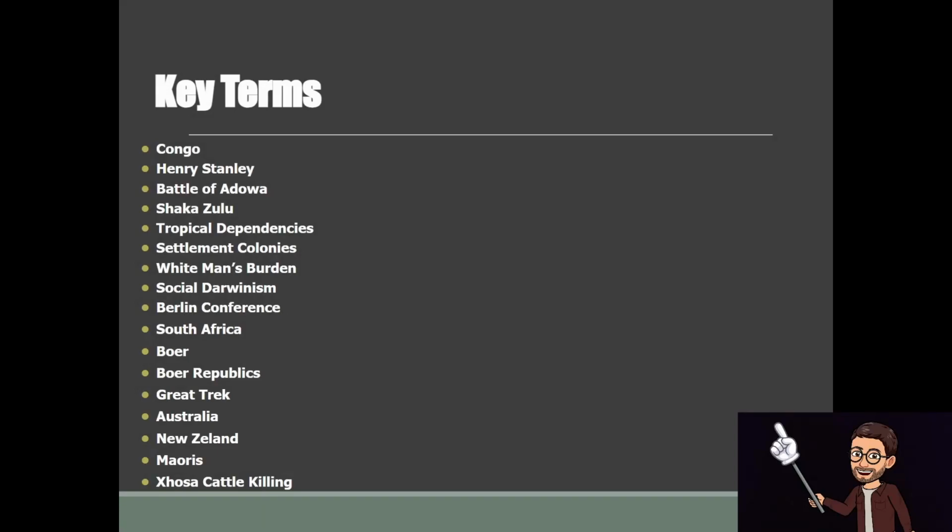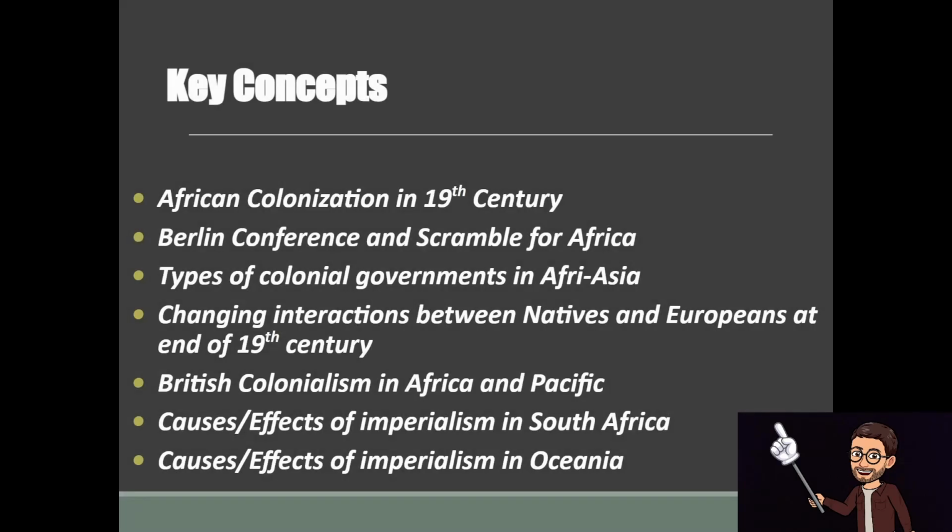So our key terms for today are Congo, Henry Stanley, Battle of Adowa, Shaka Zulu, Tropical Dependencies, Settlement Colonies, White Man's Burden, Social Darwinism, Berlin Conference, South Africa, Boer Republics, Great Trek, Australia, New Zealand, the Maori, and the Xhosa cattle killings. Key concepts of today is African colonization in the 19th century, Berlin Conference and the scramble for Africa,